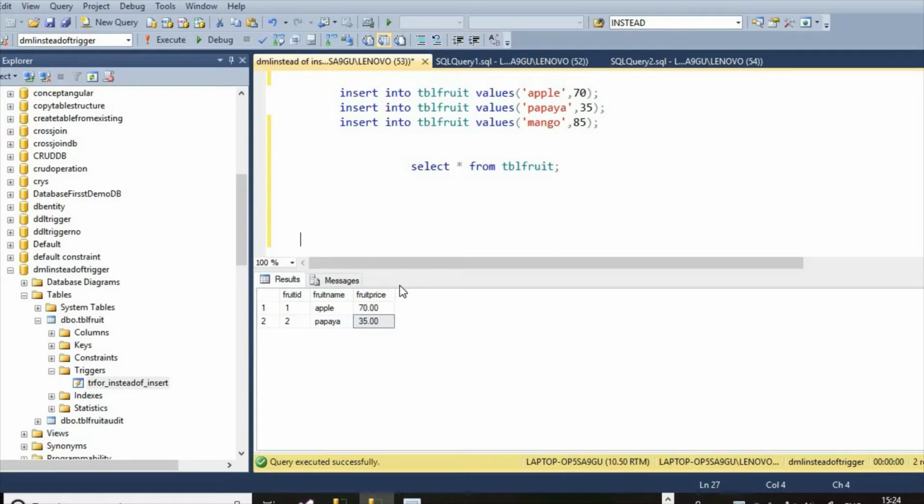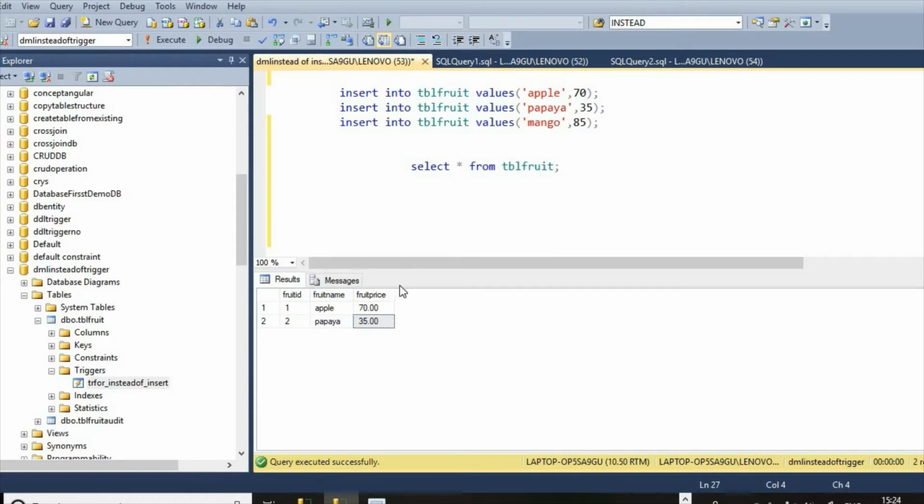So till now the row is not inserted into the table, but the trigger is fired before insertion of the row. So we can't see any row, but we have seen the line one row affected.